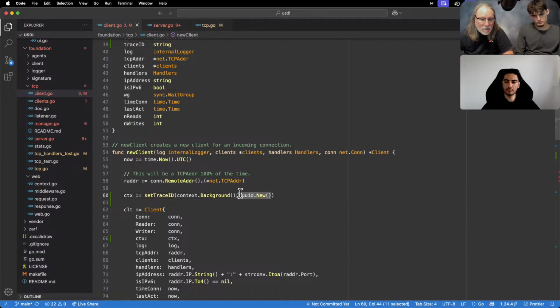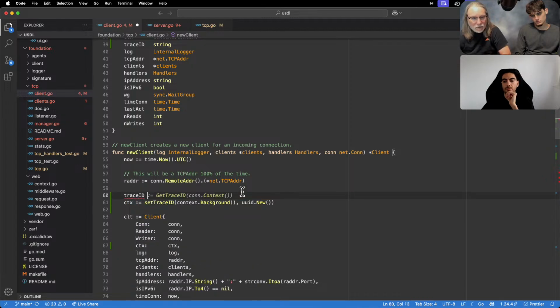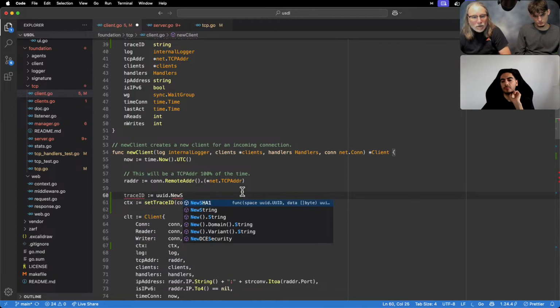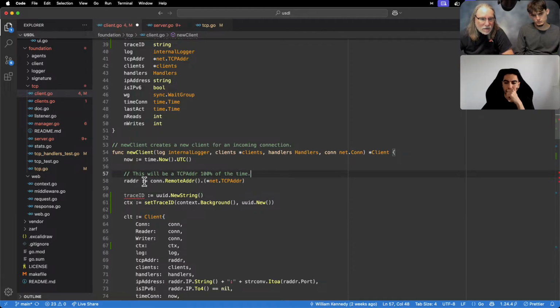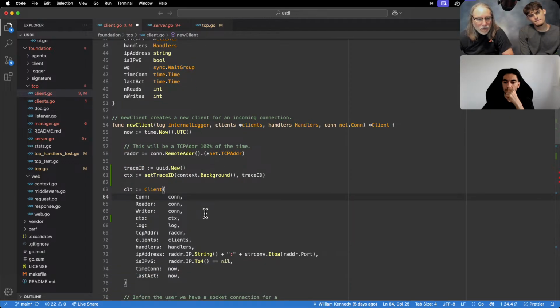What might be good for us to do, and maybe we wouldn't even do this with a UUID, we just do it with a string. But I like the UUID because then you get zeros back, to be honest with you. But we do this. And then here,